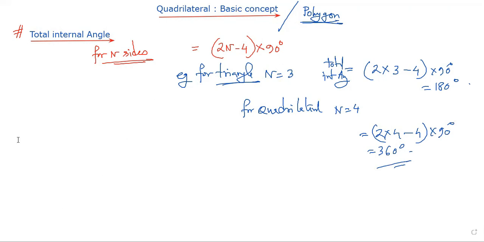One another interesting thing that I need to discuss here is the number of diagonals for n-sided polygon. Please see that, let's say this number of diagonals I want to find. In which way I will be able to get that number of diagonals? I'm drawing some polygon, an arbitrary polygon. Let's say this way.